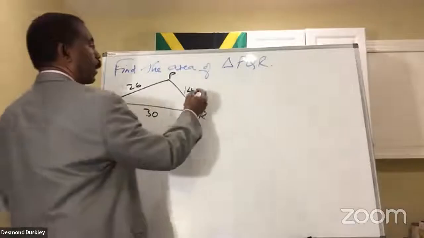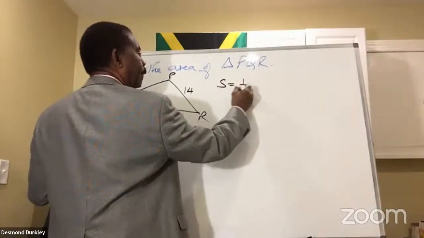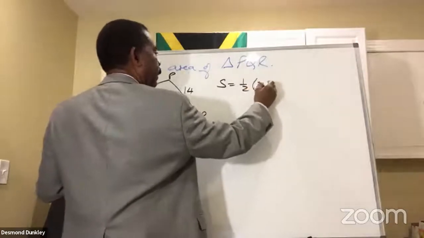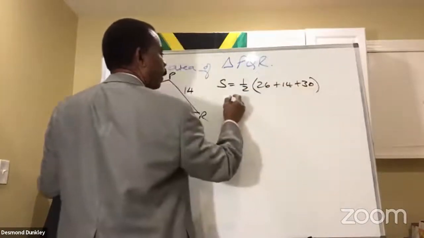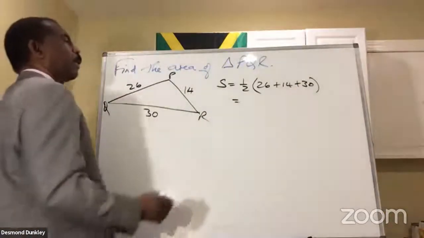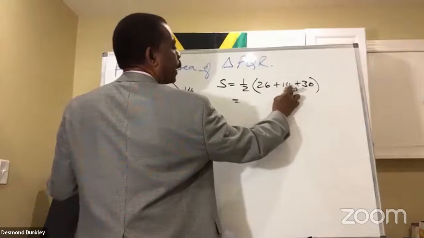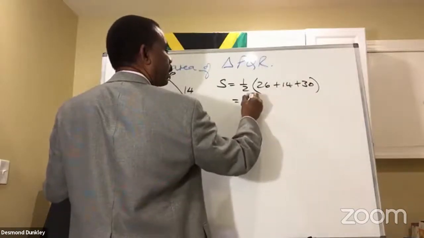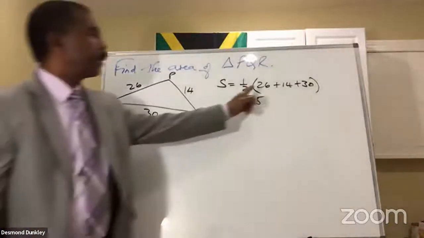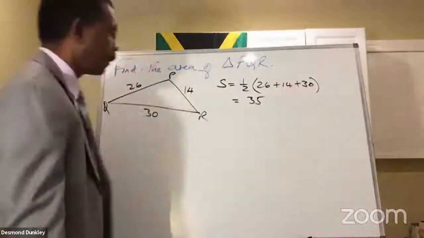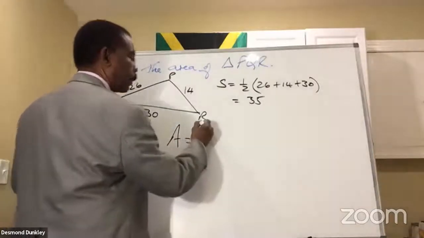According to Heron's formula, we do S equal to a half of 26 plus 14 plus 30. That's equal to 13 and 7 is 20, 20 and 15 is 35. Let's double check. 13 and 7, 20 and 15, 35. And the area is equal to the square root of